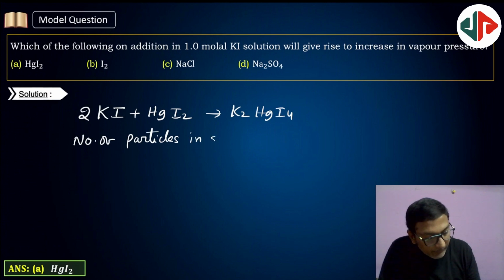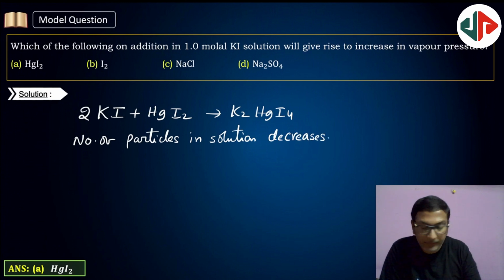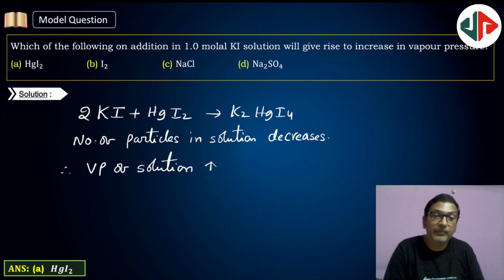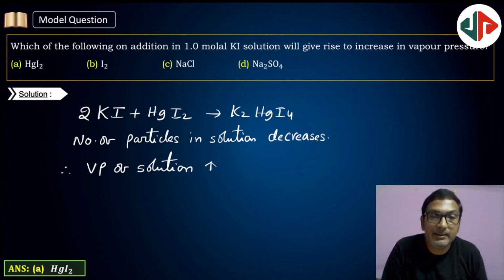Particles in solution decreases. So as the number of particles decreases, vapor pressure of solution increases. Therefore, option A. So by the addition of HgI2, mercury iodide, to KI solution, there will be a decrease in